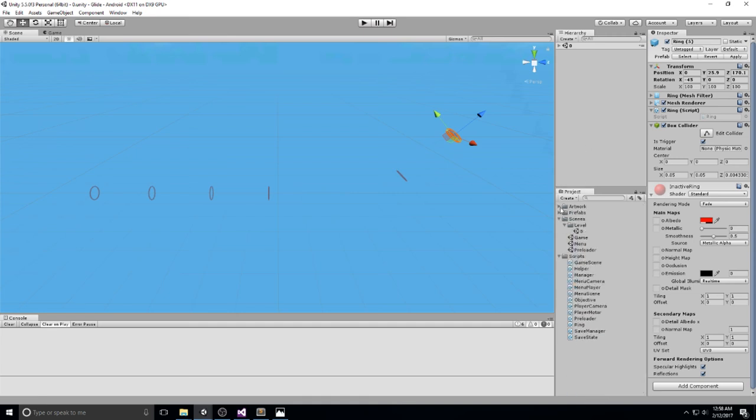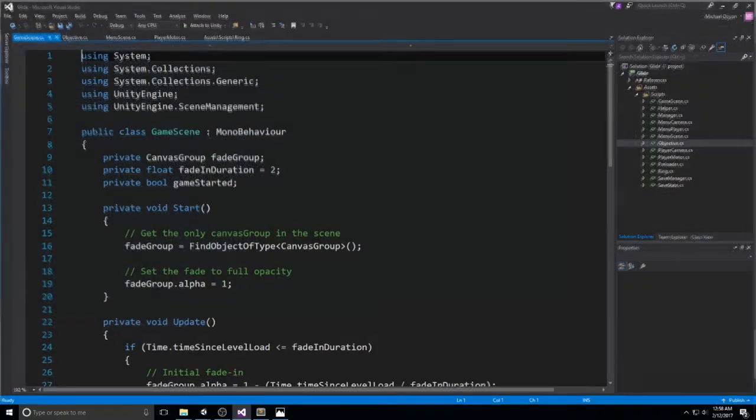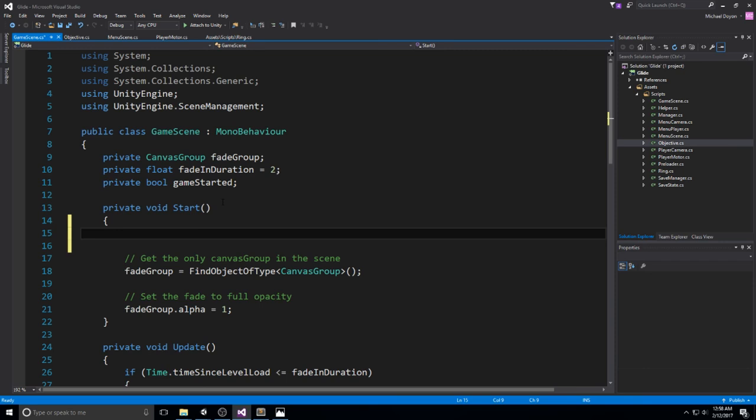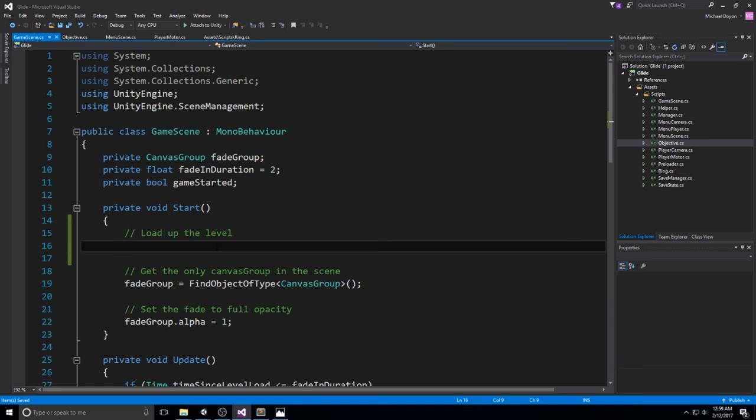Now, when we want to be loading up a level, what we have to do is head over to the game scene, and at the very start right here, we are going to be inputting this thing. So this is what we need right here. We are going to load up the level. Now the level is based off the current level int we have inside of, what is it? It's actually the manager, I think. So let's do a SceneManager.LoadScene, and we're going to say Manager.Instance.currentLevel